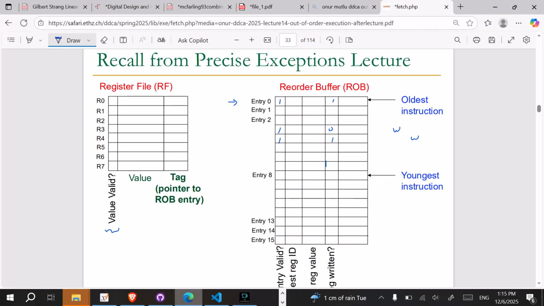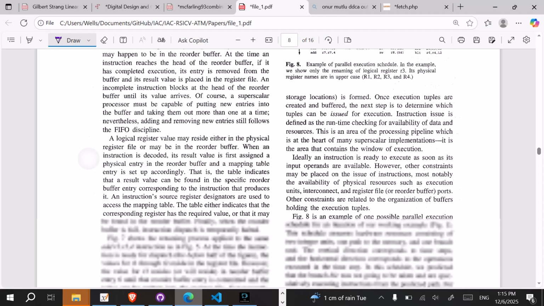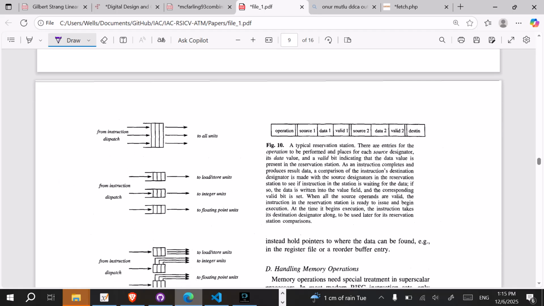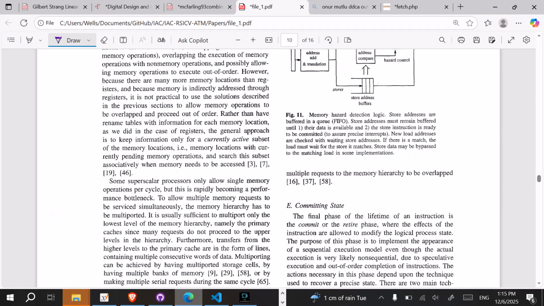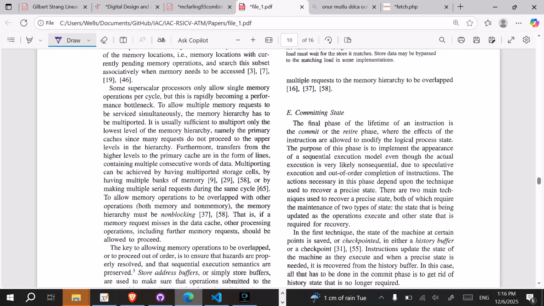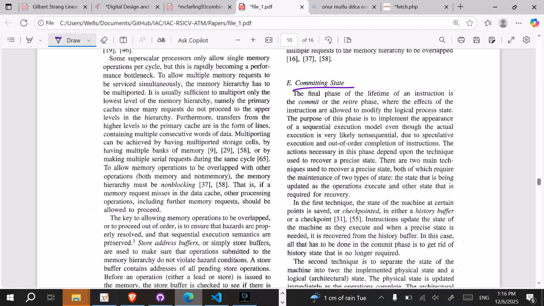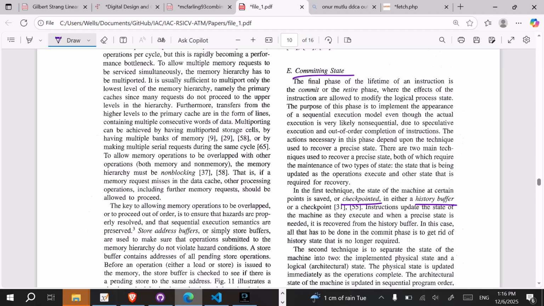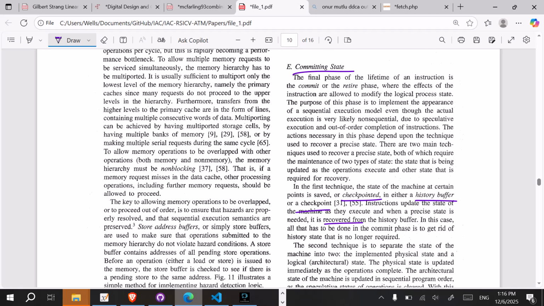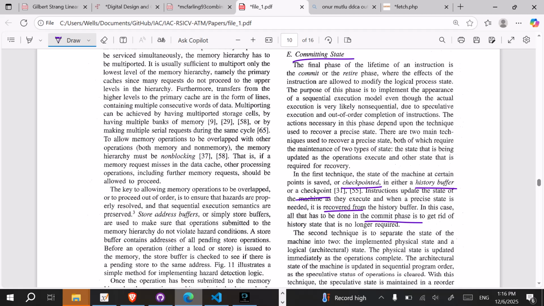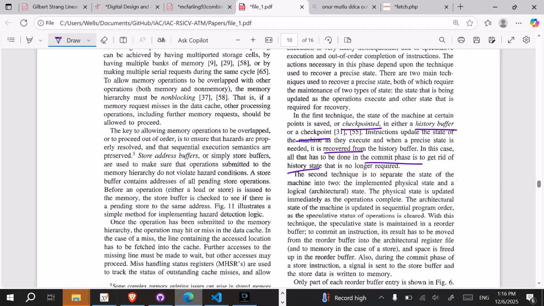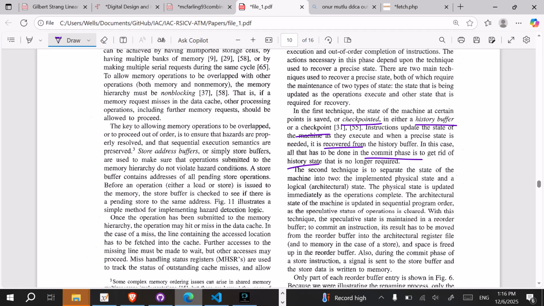but you can find the answer from this paper. I kind of read through it, but I just didn't really remember where it is. Yeah, so if you read about the committed state and you have to have a checkpoint, it's called a history buffer. And then you need to have some sort of recovery state, because everything you've done in the commit state is to get rid of the history state, and also you have to update the whole architectural state. Yeah, and then the second method is, so you have to have the checkpoint and the history buffer, which I explained. But then this is actually